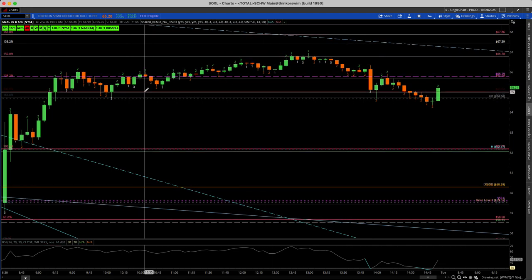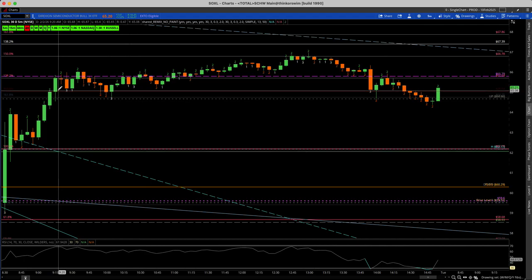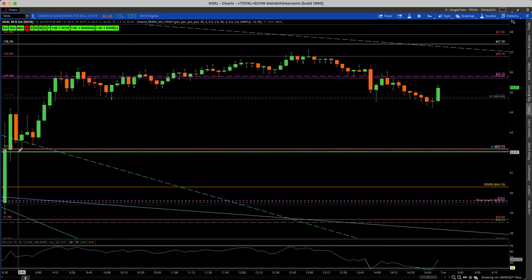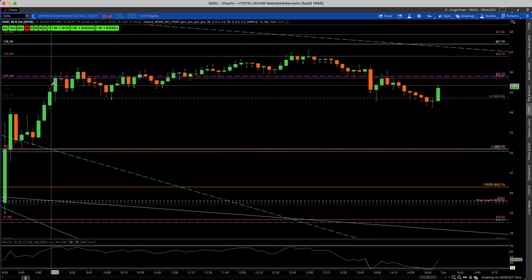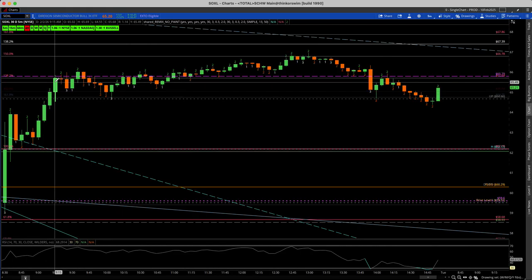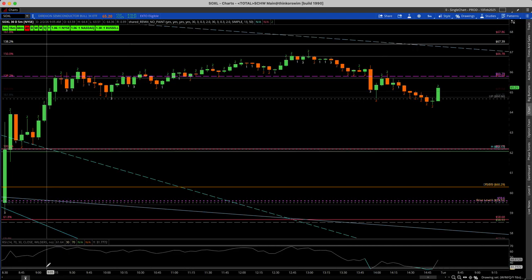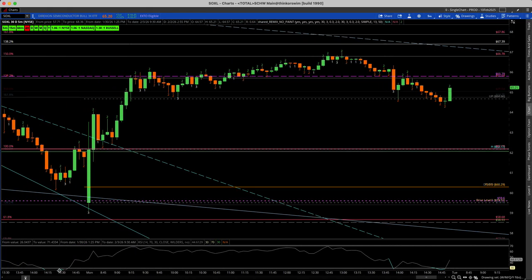So if you're familiar with how we trade, or if you watched the weekend video, we said you can take that to the upside, but just keep a tight stop, keep your risk to reward in check, as you know, we could just be setting the lower high on the 4-hour if we do make a higher high on the 1-hour. And you can see here on the 1-hour when we look at